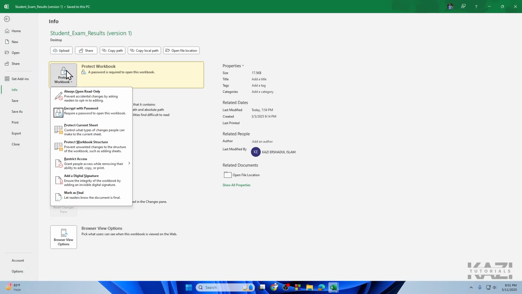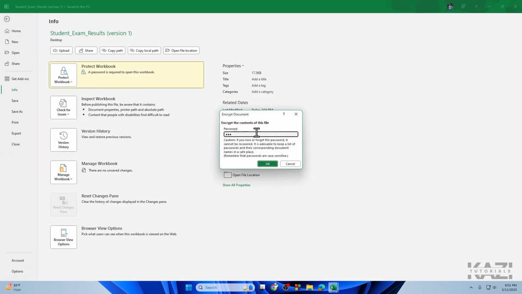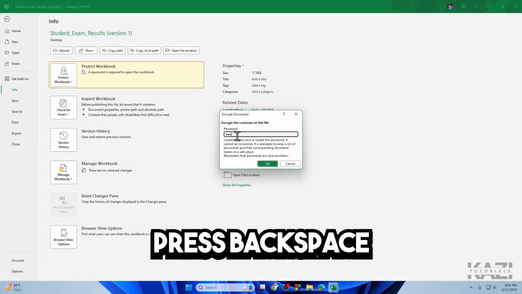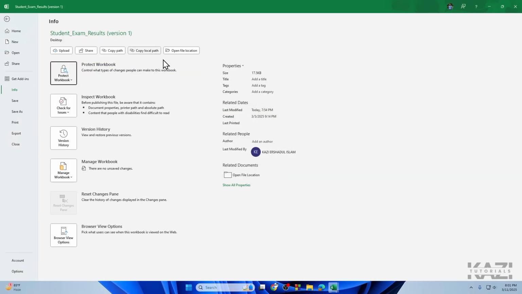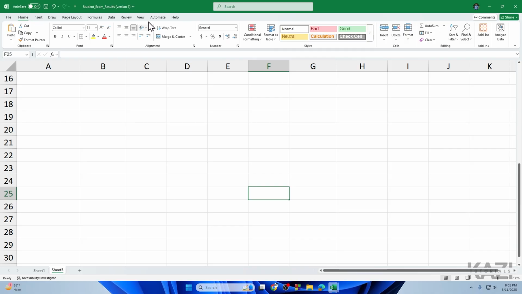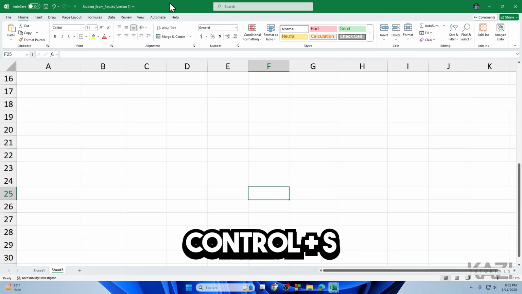So for that reason, we will click on this option and then simply go with Encrypt with Password. Now as you can see, the password is selected. We need to delete all of this password by pressing Backspace on our keyboard like that and simply go with the OK. So now once you have done this, you can simply go back and press Ctrl S to